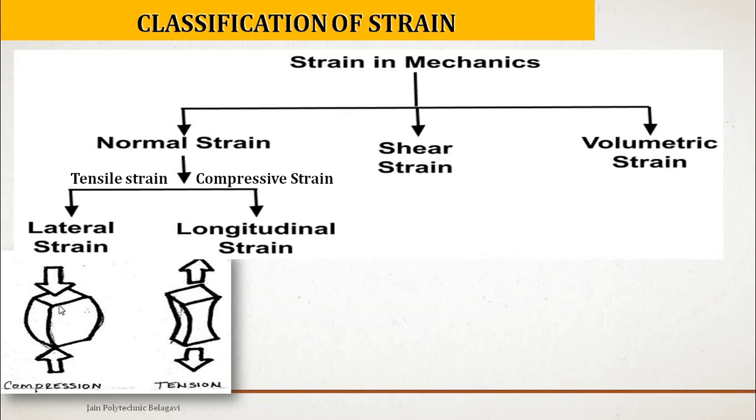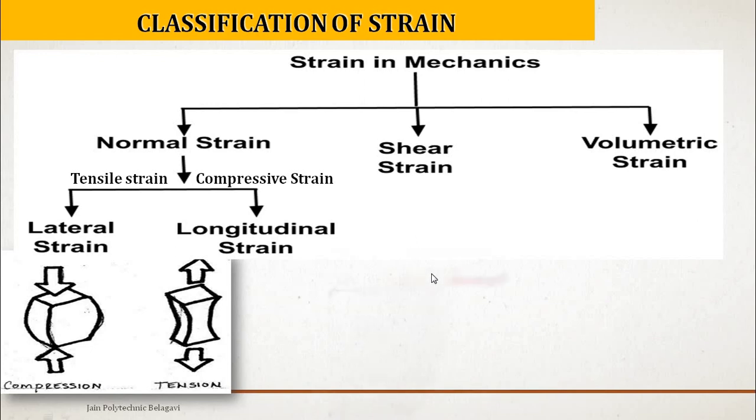Only in the length. Here you can find compressive strain now. Loads are perpendicular and it is going to decrease the length. It is said to be longitudinal strain again. Decrease in the length, longitudinal strain. Here also, increase in the length, longitudinal strain. Here there is reduction in the cross section, and here it is increasing the cross section. It is bulging out. In the cross section, it is increasing the dimension, so it is said to be lateral strain. So both tensile strain and compressive strain develop lateral strain and longitudinal strain.